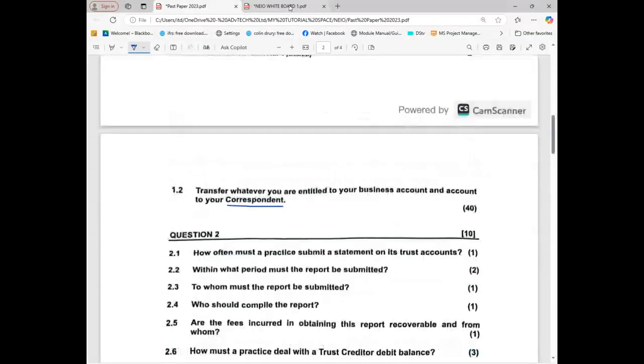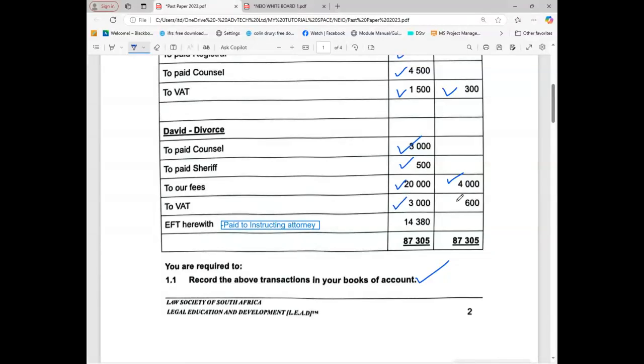Okay. It's not like we're ignoring it. Can you see it is not ticked? It's the only one that is not ticked. Can you see now? So this cannot be just recorded. Okay. You can record in advance, but I want you to see how we are going to balance these two.